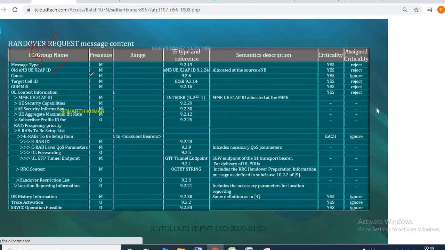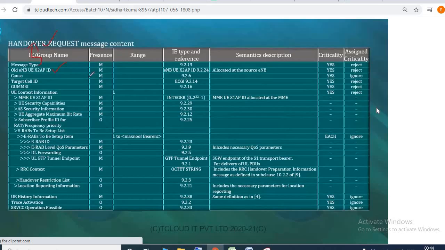So even if 97 handovers are accepted and three handovers are rejected, you can easily understand which 97 mobile phones' handover is accepted, and which three mobile phones' handover has been rejected. You can recognize that with the help of this ID. That is why for every handover that is getting proposed from the source node B, one temporary ID will